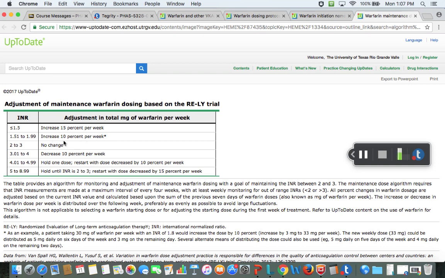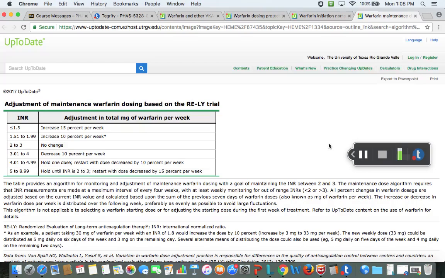I'm sorry, 10% increase if the INR is too low, but then you want to do a 10% reduction if their INR is too high, right? Because then they have too much anticoagulation. And then under that would be not enough anticoagulation. And you'll see these. So the goal for this INR is 2 to 3. You'll note from my other slides that depending on the condition of the patient, the cardiologist may set the INR at 2.5 to 3.5. So you would just make adjustments based on your goal, right?